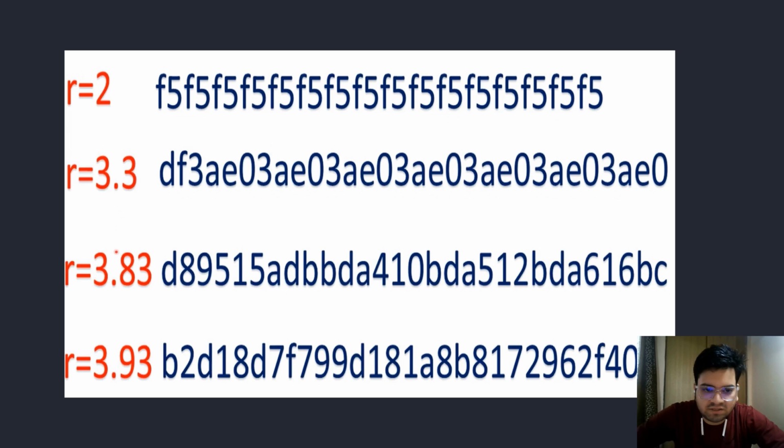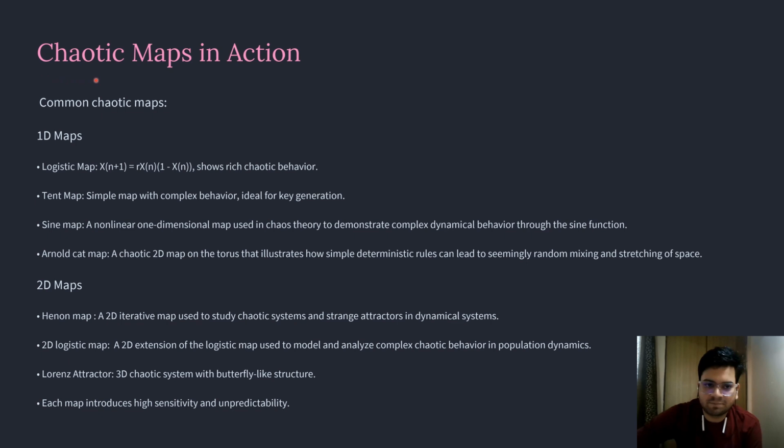But when we increase the R value, at this point we can see all the digits in the key are different and it's unpredictable. Now, there are different types of chaotic maps, for example in 1D and 2D. The logistic map which we have seen was 1D, and other chaotic maps are tent maps, sine maps, and Arnold cat map. There are even 2D maps, which are Henon maps, 2D logistic, and Lorenz affected, and each map introduces